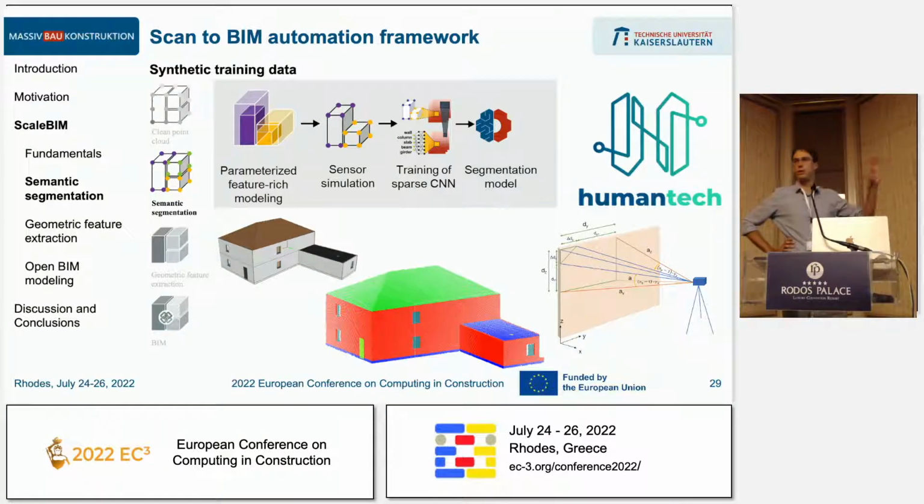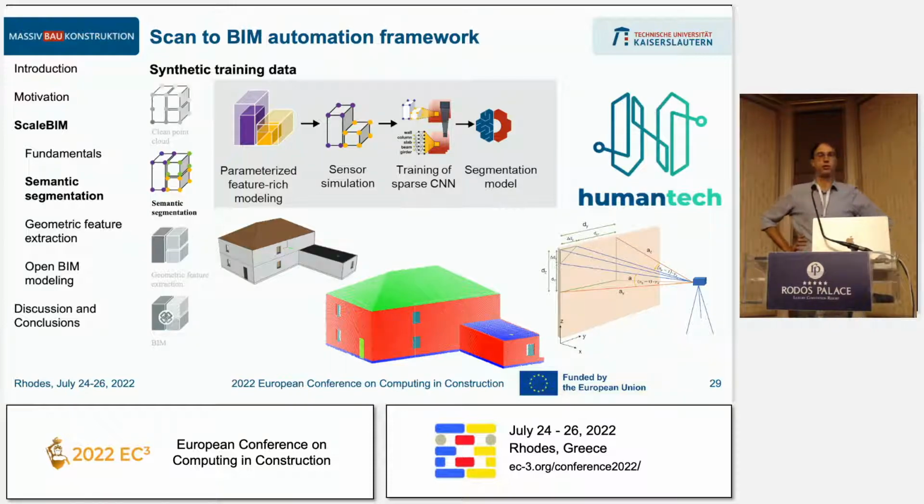The advantage of this approach, of course, is that you can use the semantic information from the BIM as a source for annotations. So you basically inherit the object class from the BIM object, and then get something like you see in the lower section of the slide: you get a textured point cloud, and you get an annotated point cloud.